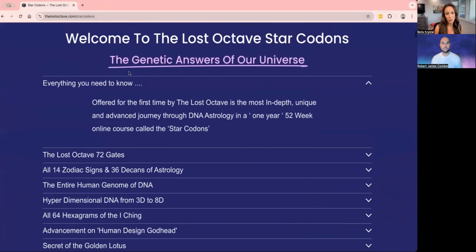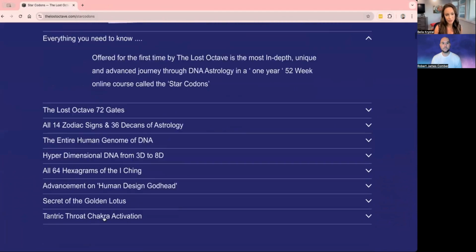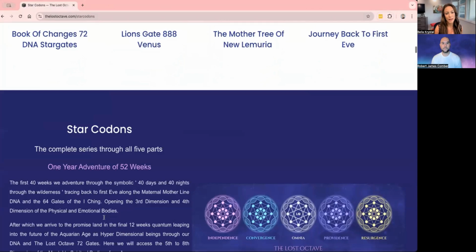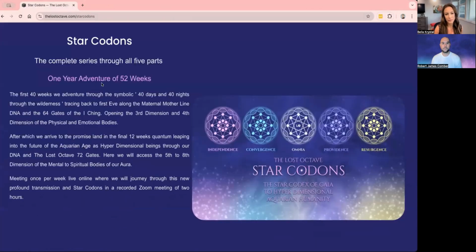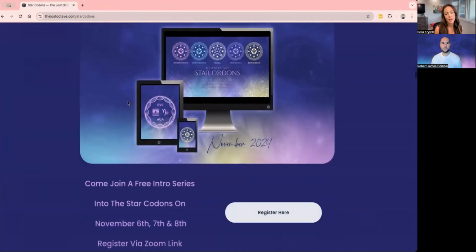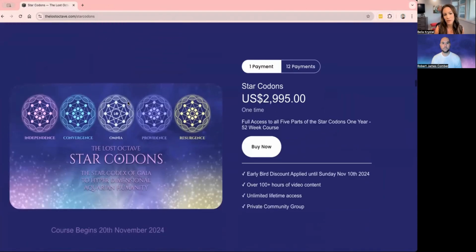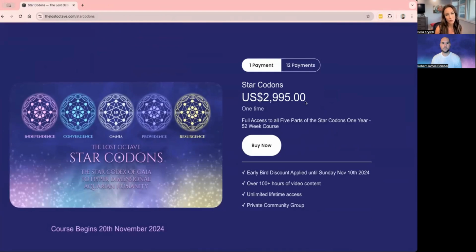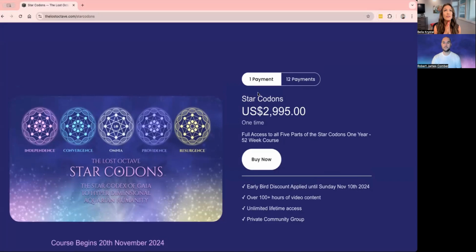Yeah. Here you have more about what it is that we're going to do. Then you also have an overview. Today we spoke about the 52 weeks, the 52 star codons. And like I told you before, there is a way of also making this a monthly commitment. So we are meeting every Wednesday and we're keeping the time that we met today.